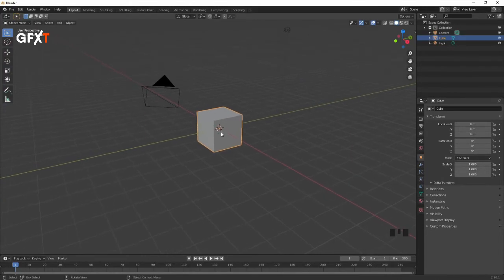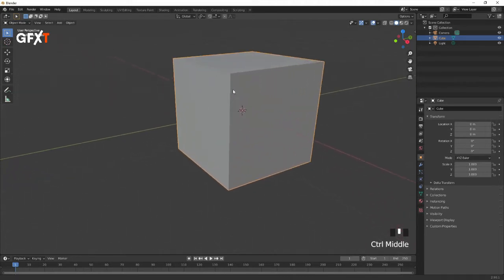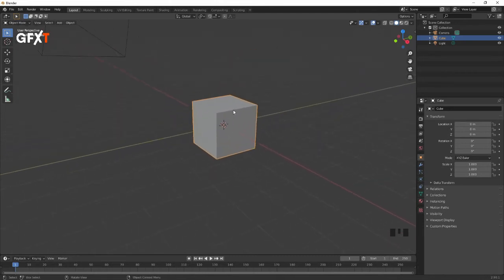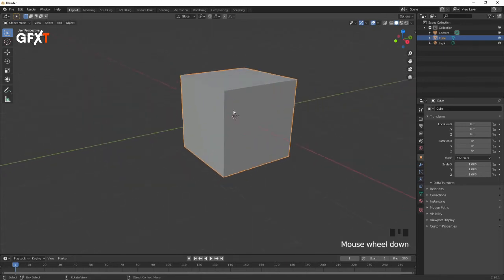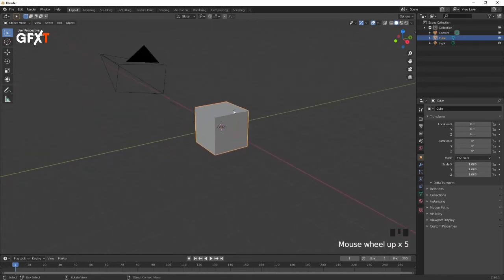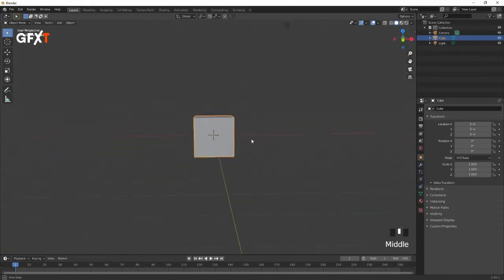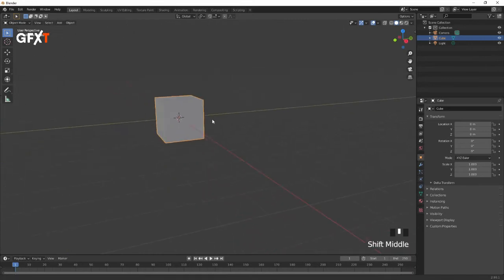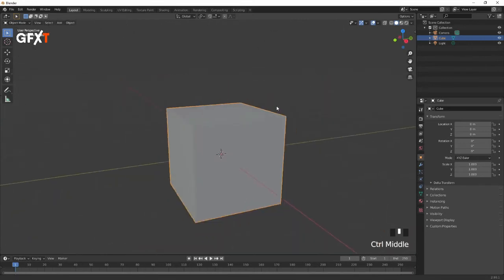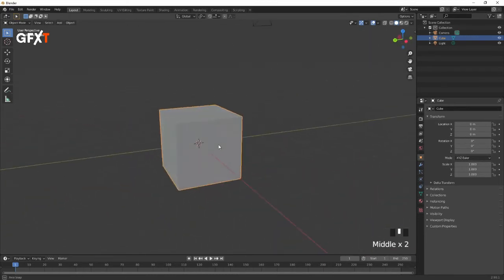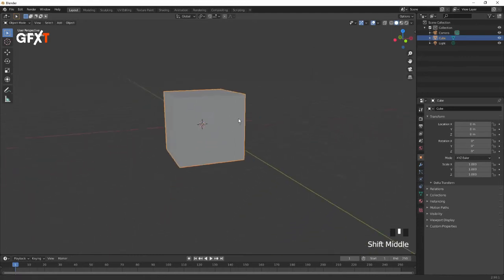Finally, to zoom in and out, we have 2 options here. We can either hold down the Control key on our keyboard and the middle mouse button together, and that will allow us to zoom in and out of the center of our screen. Or if you have a scroll wheel on your mouse, you can use that scroll wheel equally to zoom in and out. It's up to you which you prefer. These 3 actions, orbiting around, panning the viewport, and zooming in and out, are things that you're going to be doing all the time while you're animating. So it's really worth spending a bit of time getting familiar with 3D space before continuing with the rest of